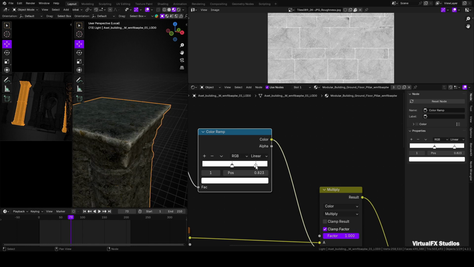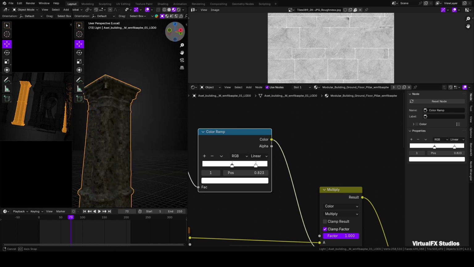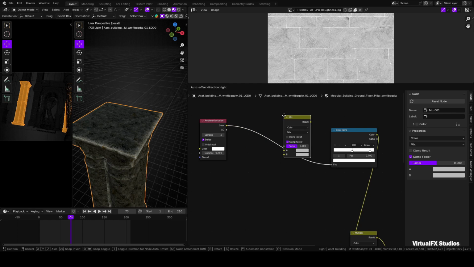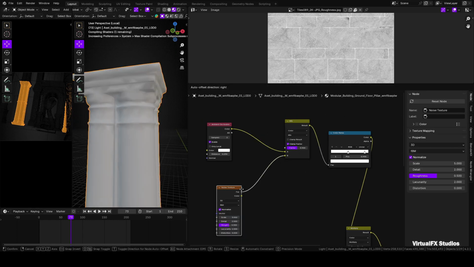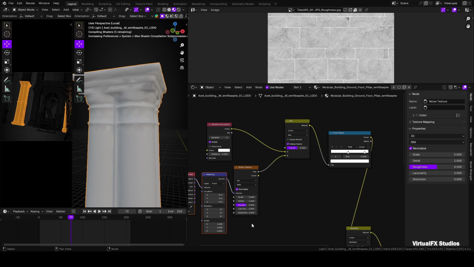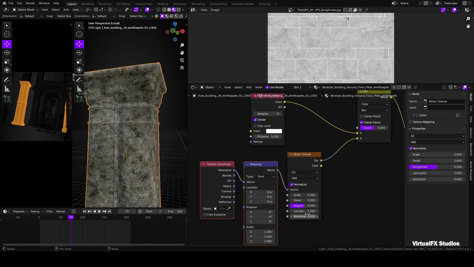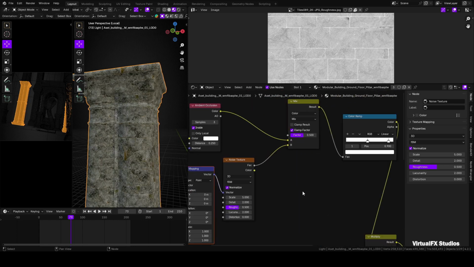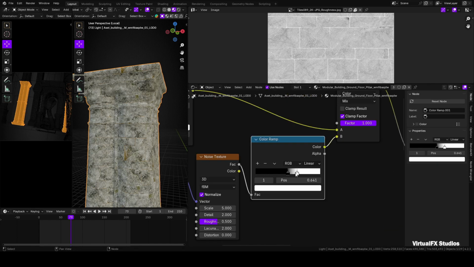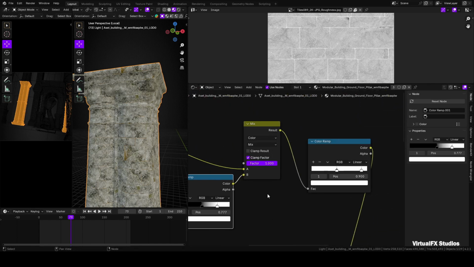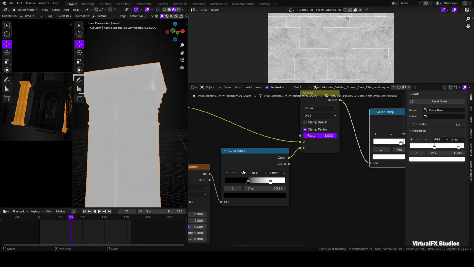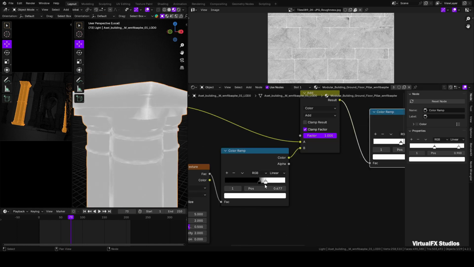You can also add some noise for an even better effect. In between the color ramp and ambient occlusion, add another mix color node and connect it to the noise texture node. When you click on the noise texture, press Ctrl+T to automatically bring up the mapping nodes. Just to make sure, the Node Wrangler add-on must be installed. After that, add another color ramp node in front of the noise texture. Now you can play around with the values to create a nice noisy edge wear texture. Also remember to convert the mix color node to add. This way you can create edge wear on any mesh.